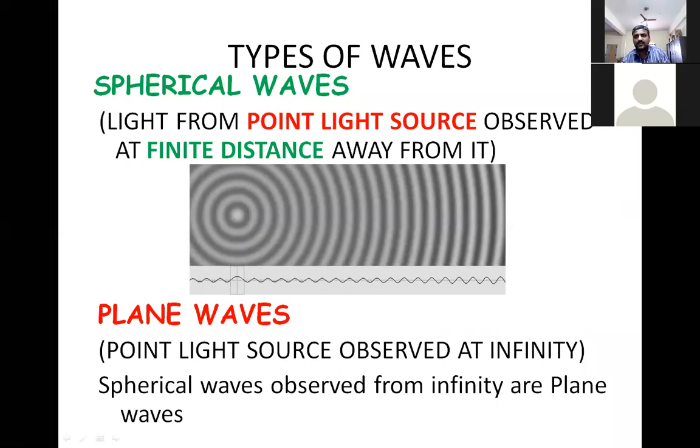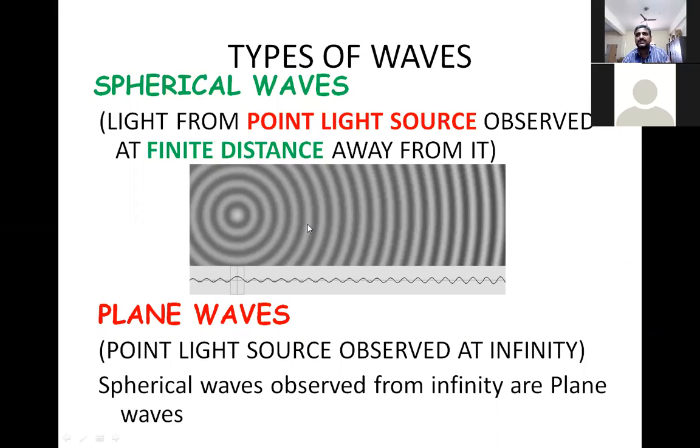Yes, lines. Sahiti. Okay, thank you. So you're going to observe lines, and those lines are what you call planes, right? So please try to understand there are only 2 types of waves. One, the waves coming from a point source observed at a finite distance from it. That is, if you stand very close to the point source which is generating the light rays, then the waves that you receive are called spherical waves. Whereas if you are looking at an object which is placed at effectively infinity,